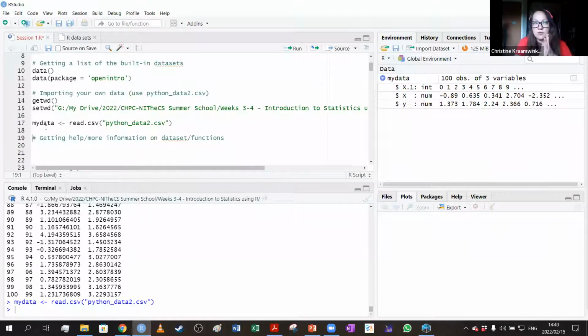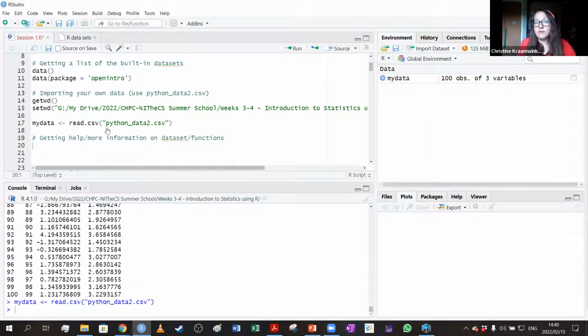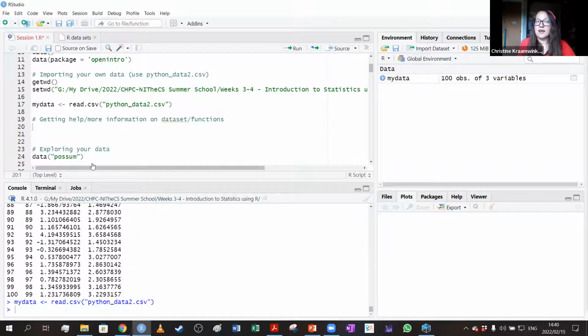For the rest of this course, I want you to also think about what data set you have. If you want to work on your own data rather than the data that's available in R or this Python data, feel free to work on anything you want. If it's going to help you get some stuff done that you've been meaning to do, maybe you haven't done all your descriptors for your own work yet, then take this time to explore your own data. Now that we have that data set read in, you can also read in built-in data sets. We'll get to that just now.